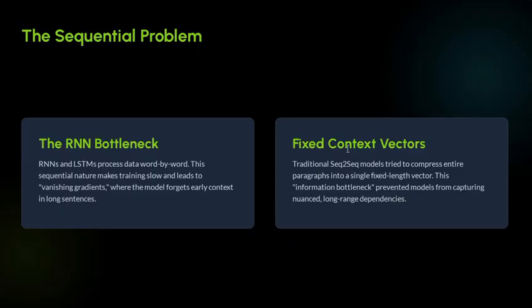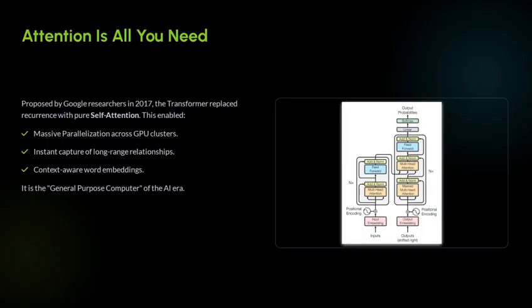And there's also fixed context vectors, where traditional Seq2Seq models try to compress entire paragraphs into a single fixed-length vector, and this information bottleneck prevented models from capturing nuanced, long-range dependencies. Sorry. And then Attention Is All You Need. This was proposed by researchers in 2017, saying the transformer replaced recurrence with self-attention, and this enabled massive